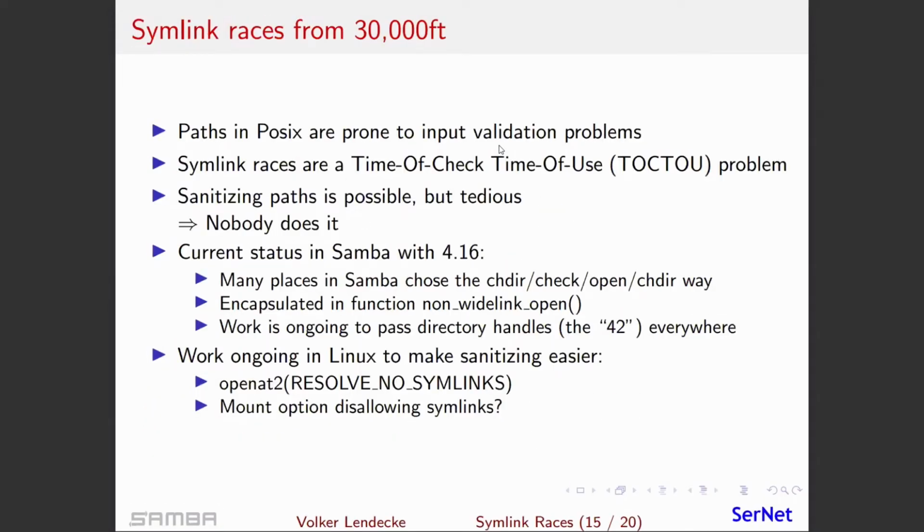Okay, path names in POSIX are prone to input validation problems, and they are a time of use problem. And sanitizing these paths is possible, but it's a lot of work, and so nobody does it. And even the secure Rust project, in Cargo, their package manager, they have symlink problems. So what's the current status with Samba 4.16? I mean, in particular, Jeremy and Ralph did a lot of work